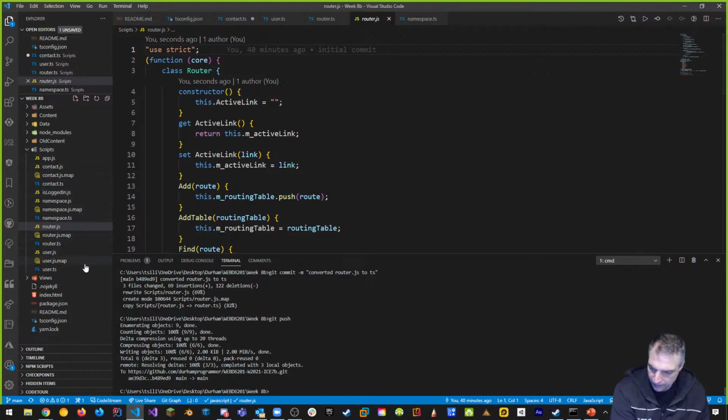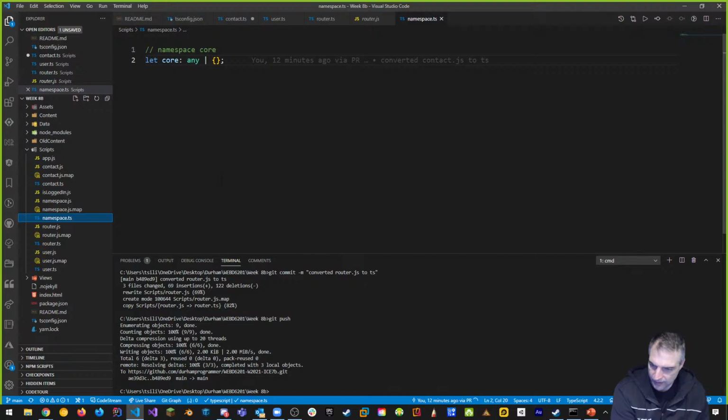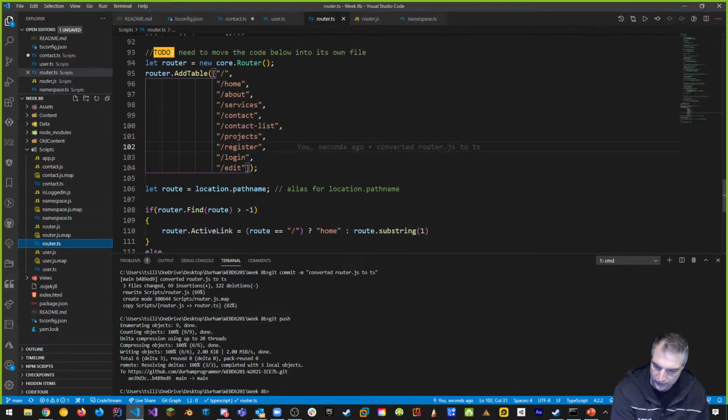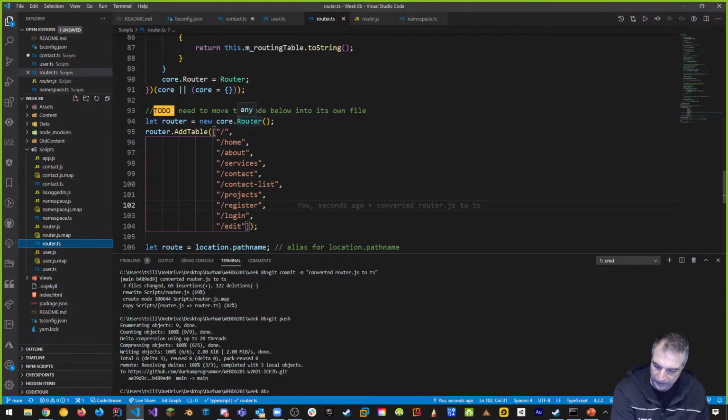So we've converted everything, but notice that we're using core over and over and over again, and really what we have is that TypeScript supports namespaces, right? So if I go to my router.ts, one of the problems I'm having is if I hover over it, it doesn't give me anything, no support. This is no good because router doesn't know what router is or core, because core could be anything, right? Core could be any or an object. So this isn't any good. I don't want that kind of support. That's why I'm using TypeScript in the first place. How can I change this?